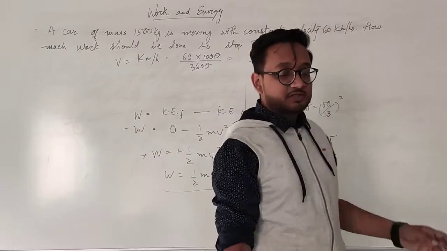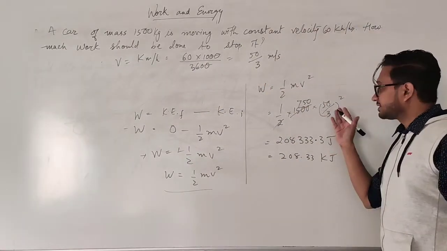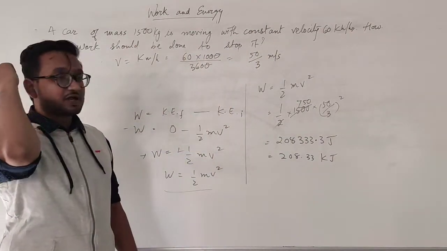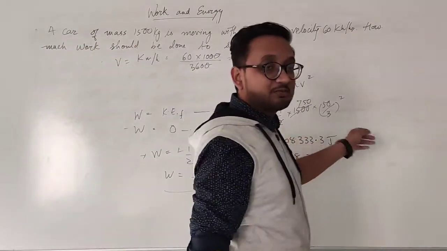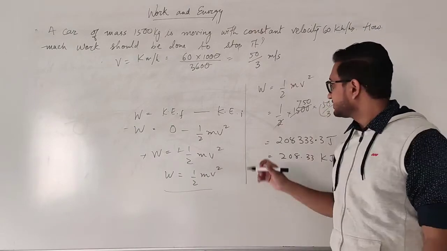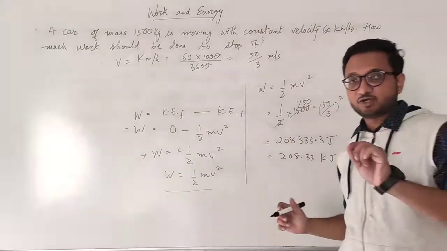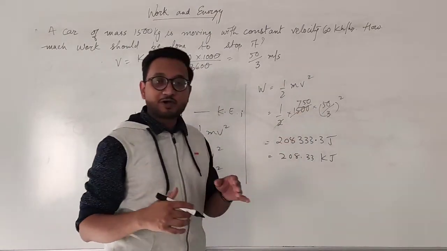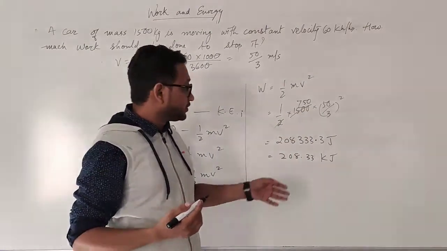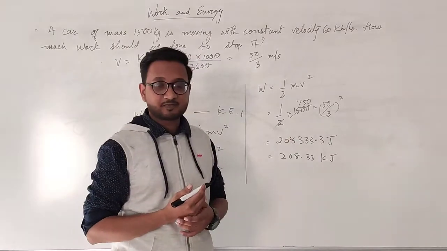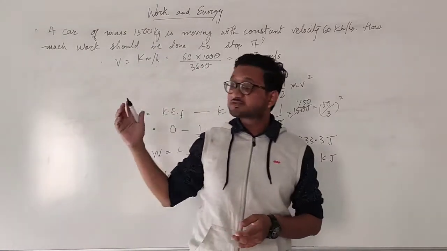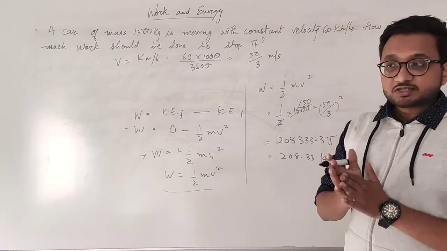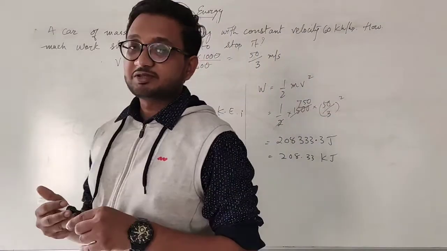The multiplication you have to do, be very careful while multiplying, because once you do the theoretical work, don't waste it on simple multiplication and division. Always do the simplification very carefully. One single decimal point or one single zero, if you add more or reduce it, you are going to get the wrong answer. So all of this will be in vain. I hope it is clear to you, students. We'll talk about more of this in the next video.